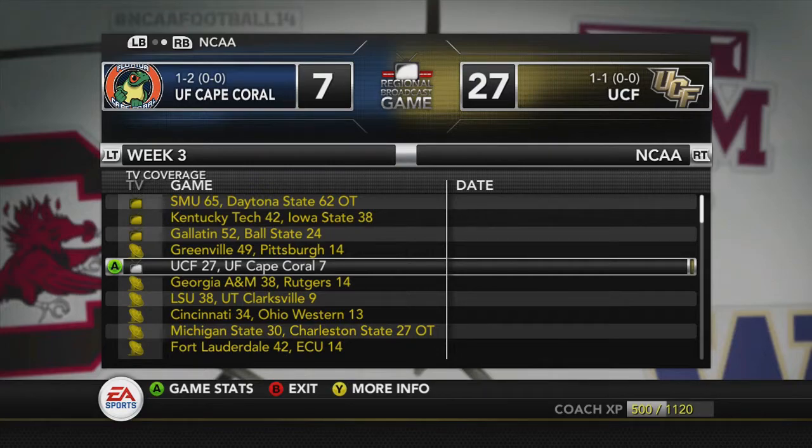So it seems to me, guys, after week 3, so 3 weeks in, that Georgia A&M and Fort Lauderdale are probably one of the more tough teams so far in this conference. So watch out for those 2 teams. Obviously, watch out for Gallatin, as my brother always finds a way to get these B-level type of teams to produce and perform. Daytona State, on the other hand,